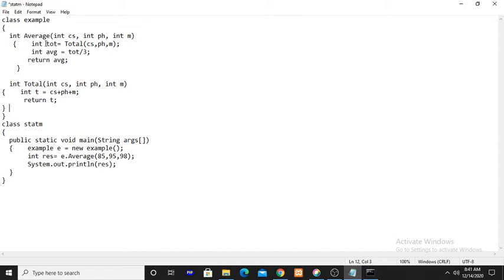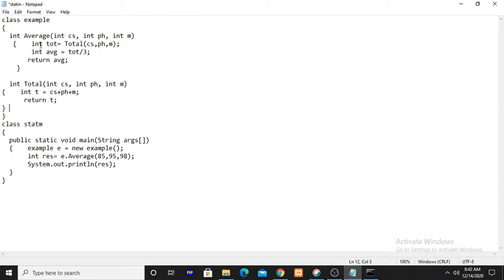In the average method, we are calling the total method. The total method returns the value total, and using that value the average is calculated and returned to the main method using the return statement. So in the main method we are displaying the result.